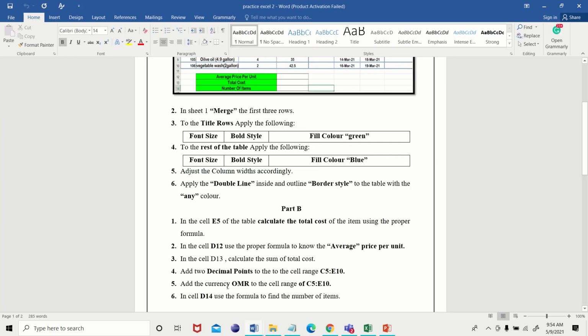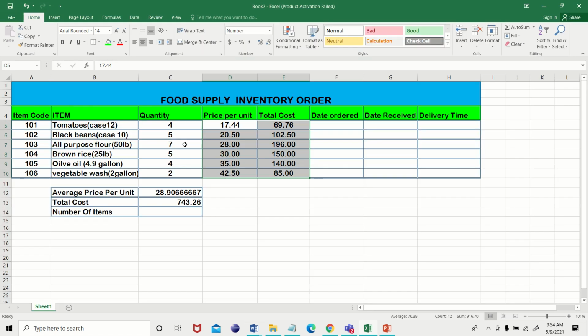Next, add the currency OMR to the cell range C5 to E10. It is not actually C5, it has to be D5, because C5 is quantity. D5 to E10, we have to add the currency. How to add the currency? Select your cell range from D5 to E10.